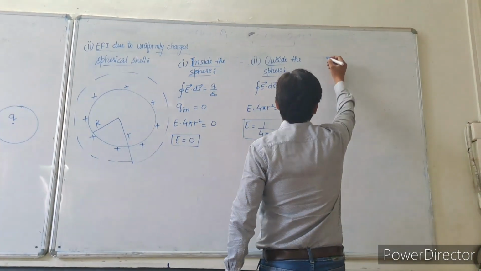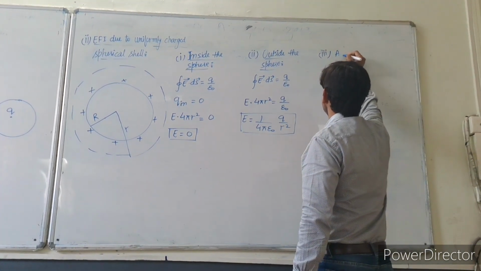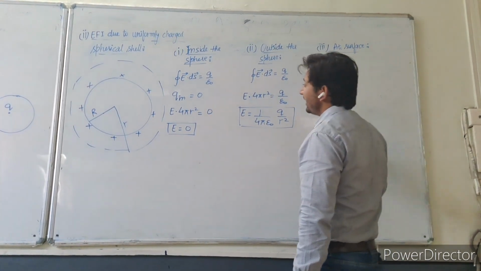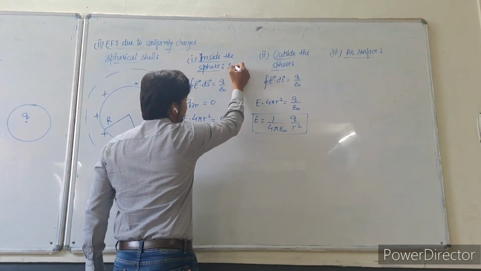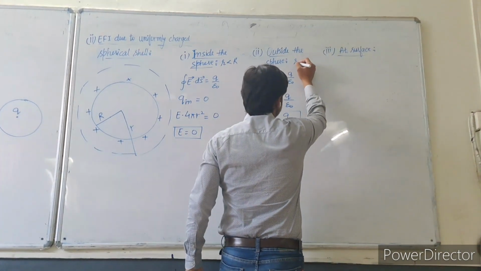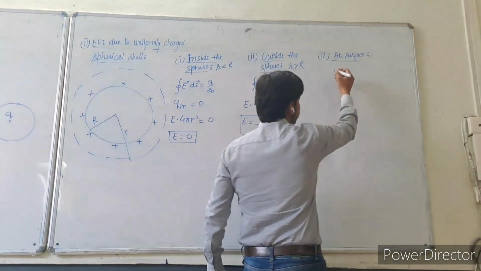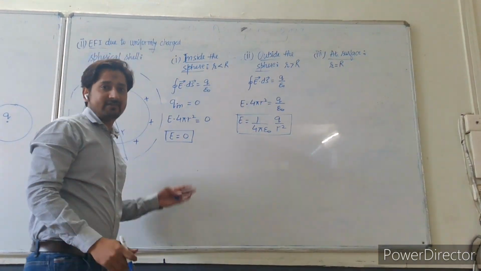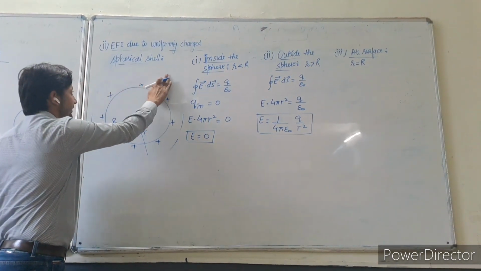Okay, so the third point where we can find the electric field intensity is at the surface. From the diagram, as you can see, if we are talking about inside the sphere, it means the radius of Gaussian surface is less than the radius of the sphere. Outside the sphere, the radius of Gaussian surface is greater than the radius of spherical shell, and at surface means the radius of Gaussian surface will be equal to the radius of spherical shell. So Gaussian surface for at surface will be drawn at this point